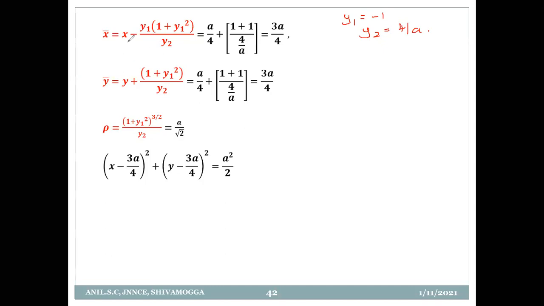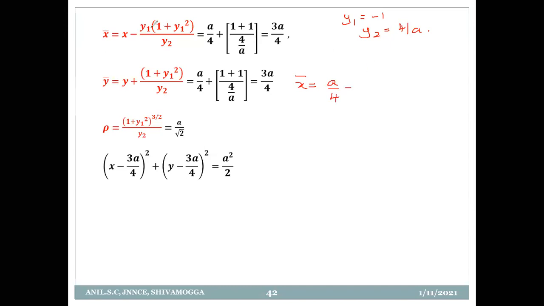X bar is given by x minus y1 into 1 plus y1 whole square divided by y2. We just substitute the values. We have all the values. Just substitute. X bar is equal to x. X is a by 4